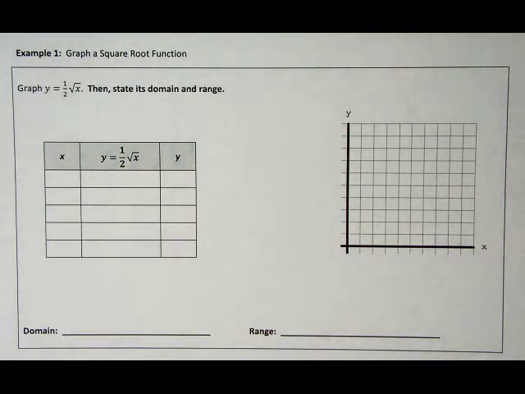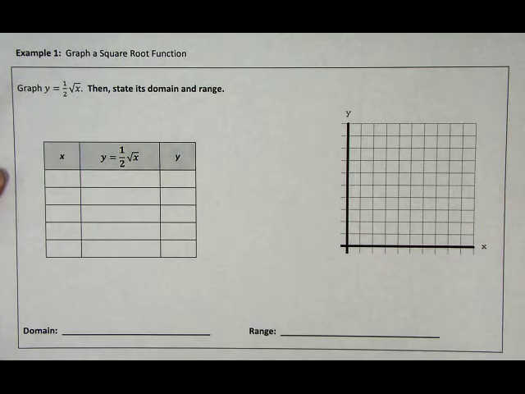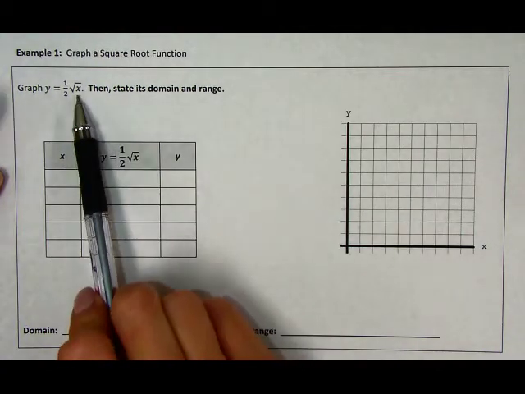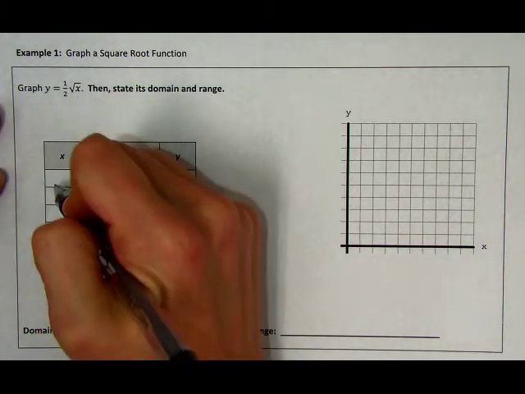So for x, we want to make sure that we pick numbers that make sense with the function we're given. Obviously, if we're given the square root of x, we know right off the bat that we cannot plug negative numbers into x, because the square root of a negative number would give us an imaginary number. So we know we can only start with x being 0, because if we plug in 0,